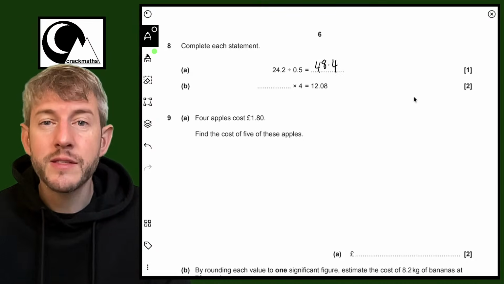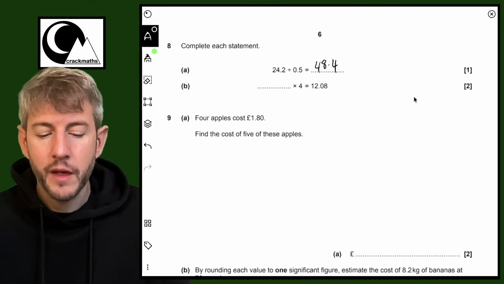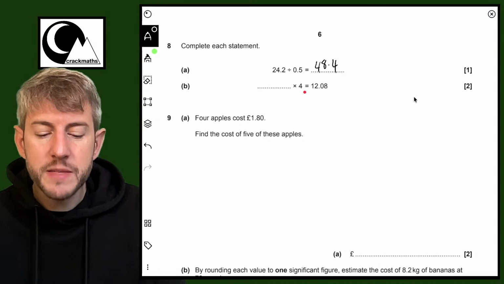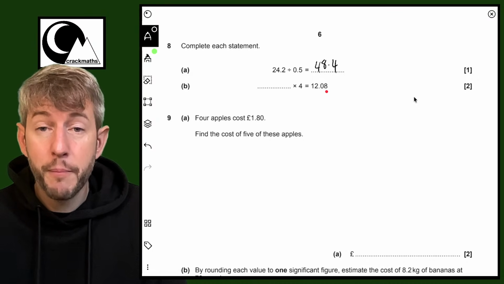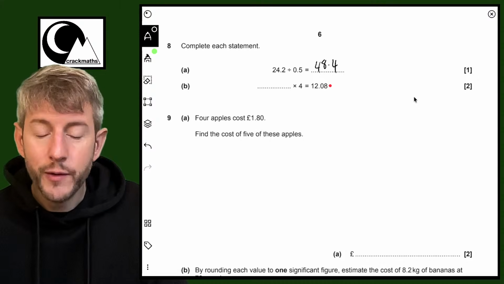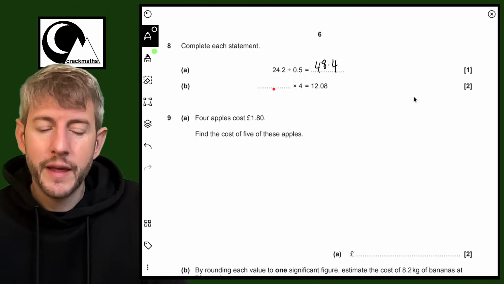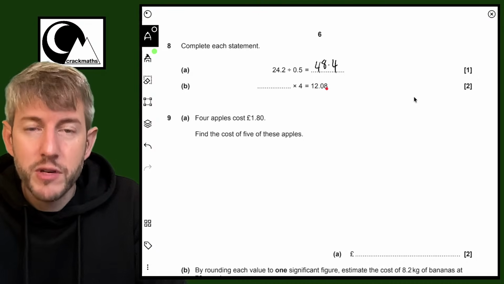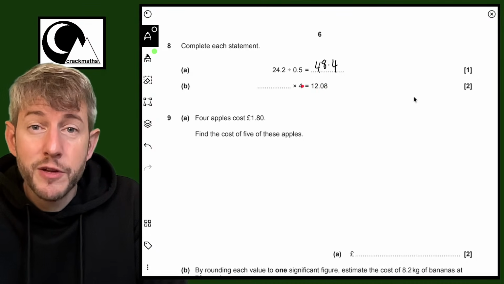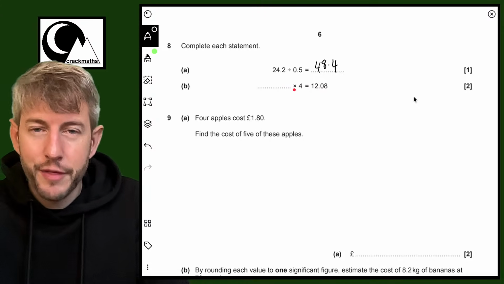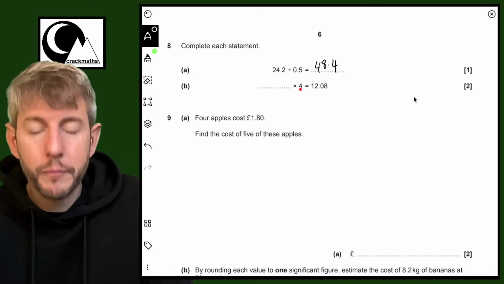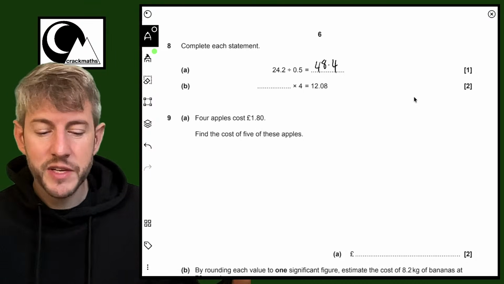Now this one here, something times 4 equals 12.8. Okay. So now if two things multiply to give a third thing, which we call the product, the truth is that this number here, the product, divided by either of these two things will give us the other thing. So what I need to do is if I divide this 12.08 by 4, that's going to give me